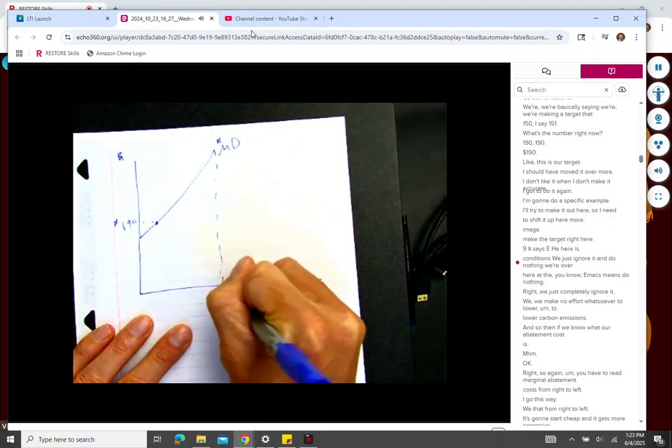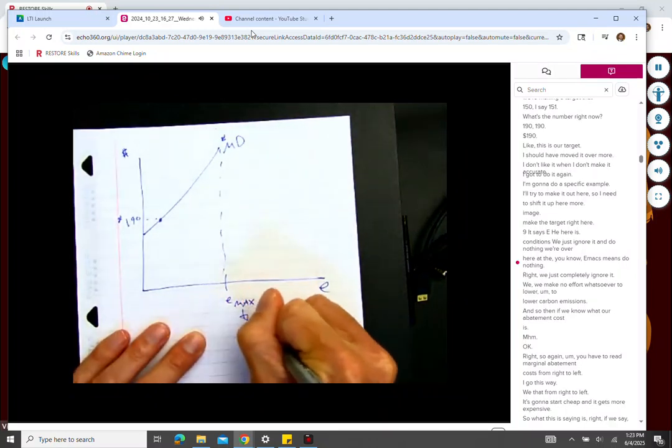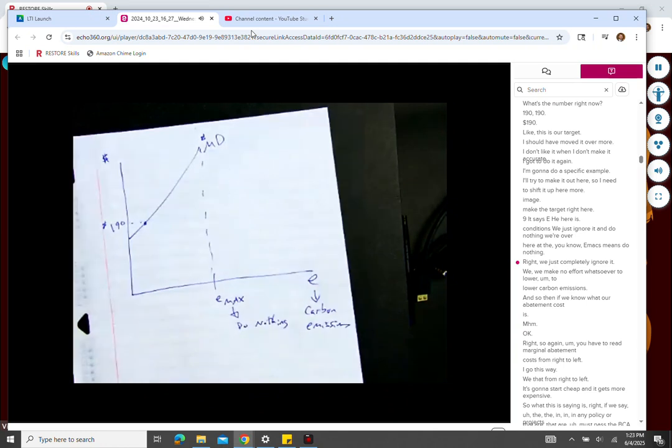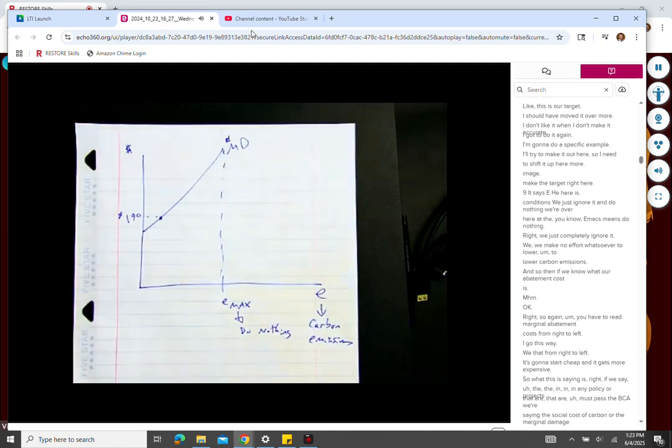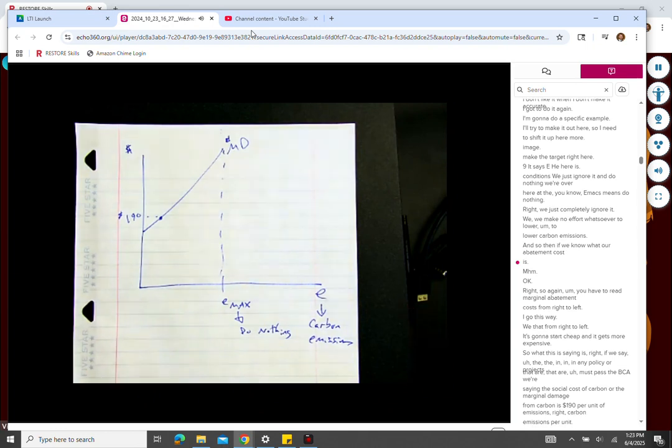We just ignore it and do nothing. We're over here. E max means do nothing. We just completely ignore it. We make no effort whatsoever to lower carbon emissions. And so then if we know what our abatement cost is,